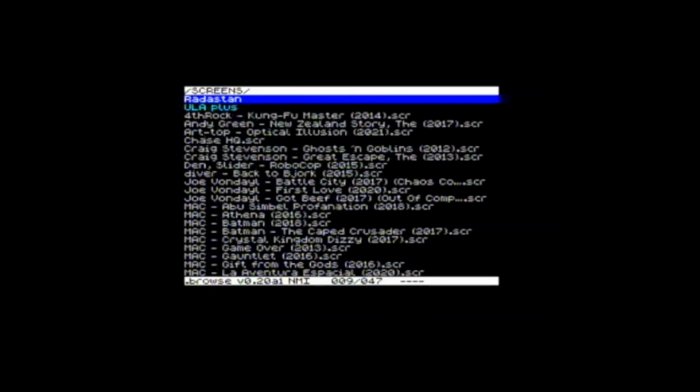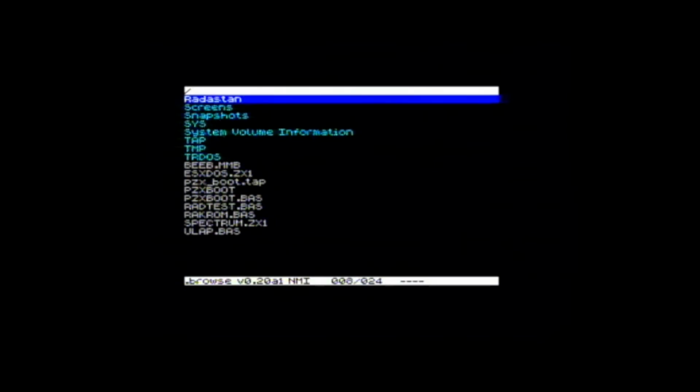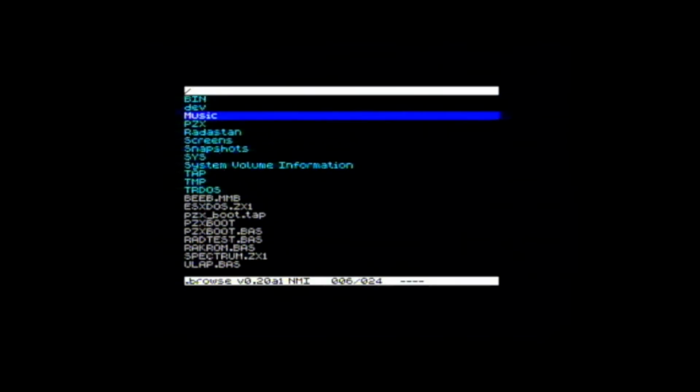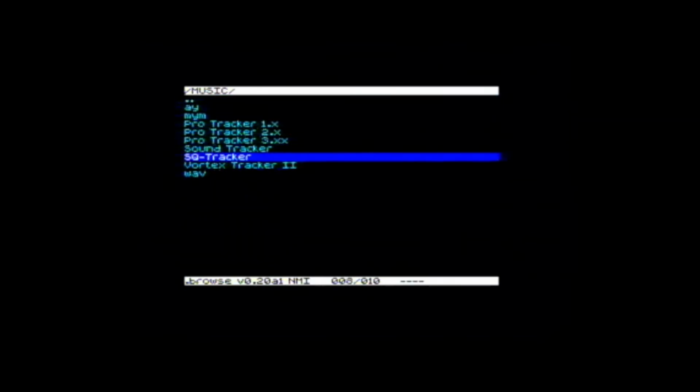At the moment I've only added settings for the SCR screen plugin and the waveform audio plugin. So if we go into the browser, I'll get to where I've got some wave files,